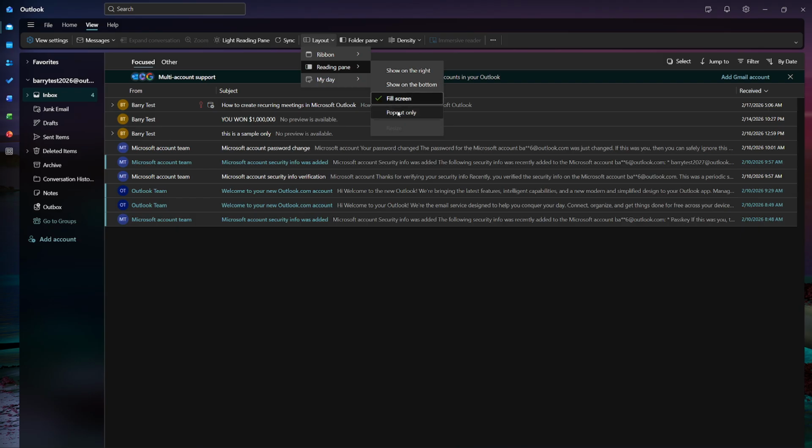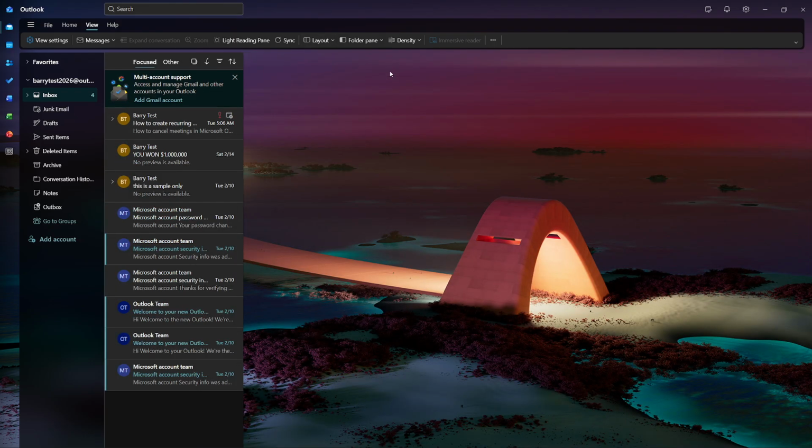Choose bottom if you prefer the reading pane below your message list. This is a strong choice when you're working in a narrower window or on a smaller display, because it gives you more vertical space to read longer messages like newsletters or reports. It also keeps the flow of your eyes moving from